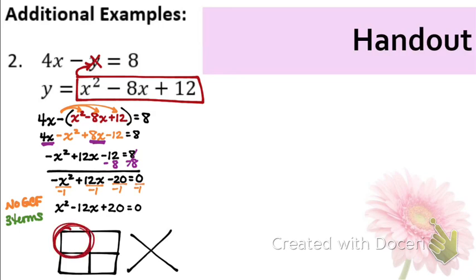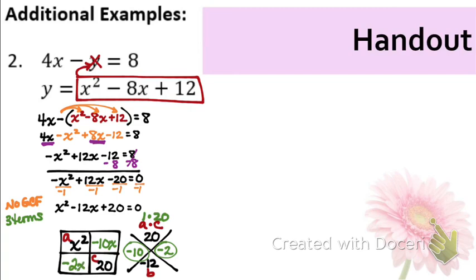What do I put up here? X squared. X squared. What about down here? 20, my C value. I have to multiply the A and the C together, so I'm multiplying 1 and 20. Two numbers that multiply to 20, what do I want them to add to? -12. What multiplies to 20 but adds to -12? -10 and -2. Absolutely correct. So -10x,